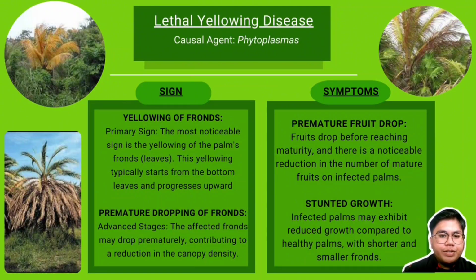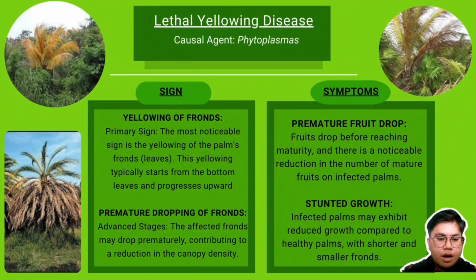The key indication is frond yellowing, primarily starting at the bottom and advancing upward in advanced stages. Affected fronds may prematurely drop, leading to a decrease in canopy density. Following that, the signs include premature fruit drop, where fruits fall before reaching maturity, resulting in a significant decrease in the number of mature fruits on infected palms. Subsequently, there is stunted growth, characterized by infected palms displaying reduced growth compared to their healthy counterparts, featuring shorter and